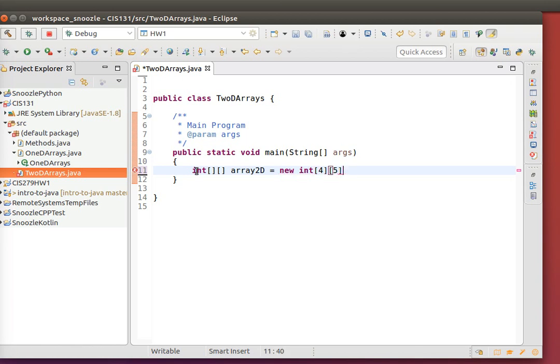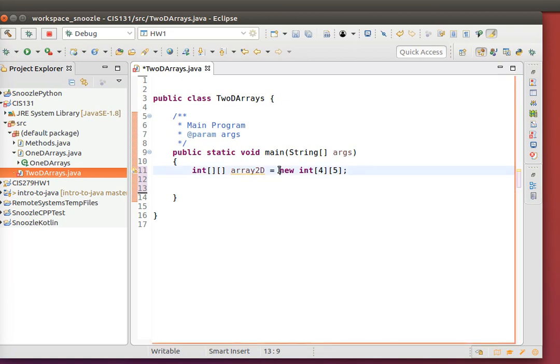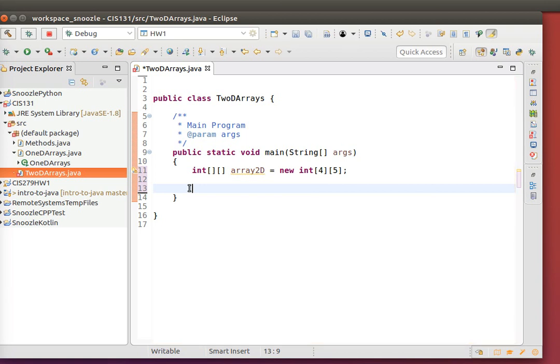And for this assignment, you're going to be reading in particular values and then storing them in a two-dimensional array. What this does is it makes an array of arrays. So basically it makes 4 arrays of length 5. Professionally, I mostly use 2D arrays for storing images, but you can use them for storing multiple data like you're doing for this class assignment. And then normally, the way you access 2D arrays is through